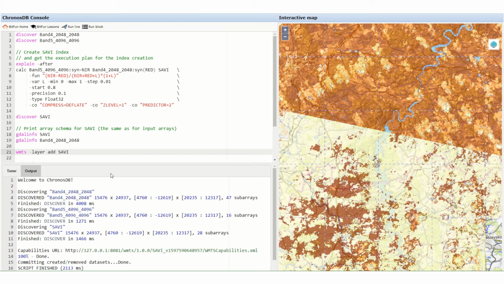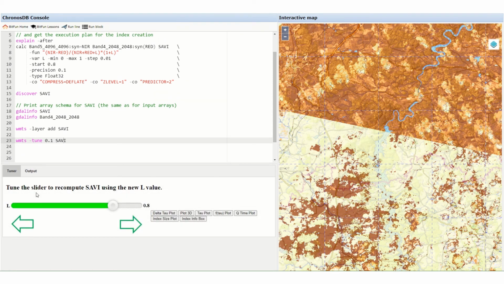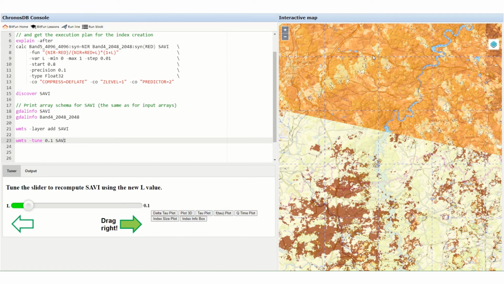So you can use a tune command, WMTS tune command to tune L value and recompute SAVI, or you can just use the tune slider. For example, you can set 1 value to L and you see it on the interactive map. The colors reflect that the L value was changed and the SAVI was recomputed. You can explore